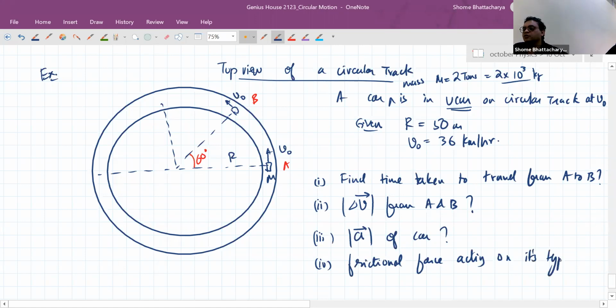So even though officially we have not got into dynamics of circular motion, we just know you have to apply the concept of F is equal to ma, and you're calculating a. So from that, what can you say about the net frictional force acting on all 4 of its tires put together? How much will that be based on this calculation? So if the car wants to keep making the circular motion of radius 50 meters at a constant speed of 36 kilometers per hour, then how much will be the acceleration of the car, treating it like a particle, of course. So just try this out, people.